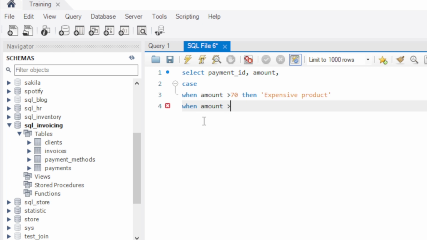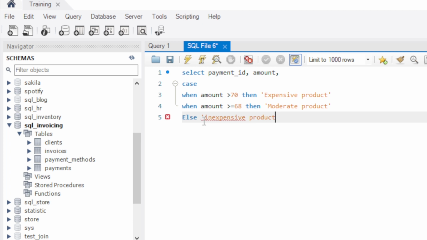Then when amount is greater than or equal to 68, then I quote 'moderate products', else 'inexpensive products', and as product_status